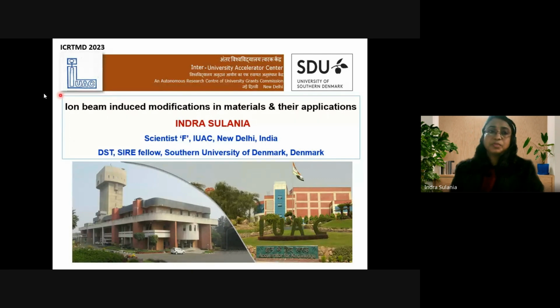So I belong to Inter-University Accelerator Center. Basically our research institute is an accelerator-based institute, and we are using the accelerator for generating knowledge and enhancing the knowledge of the students who are especially doing research with energetic ion beams. This is the main tower of our center, which contains the Pelletron accelerator, and we can have the beam in millions of electron volts of energy from it.